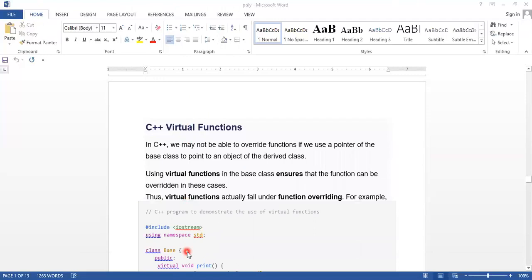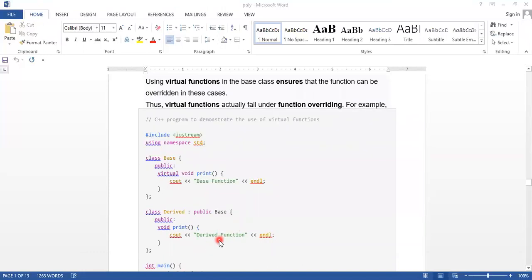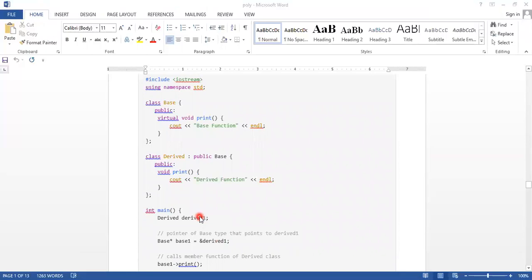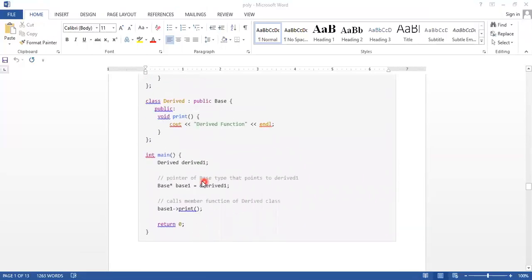Then virtual function. This is the same example here, by using the pointer, right? So the derived class name is derived, then the object is a derived one.